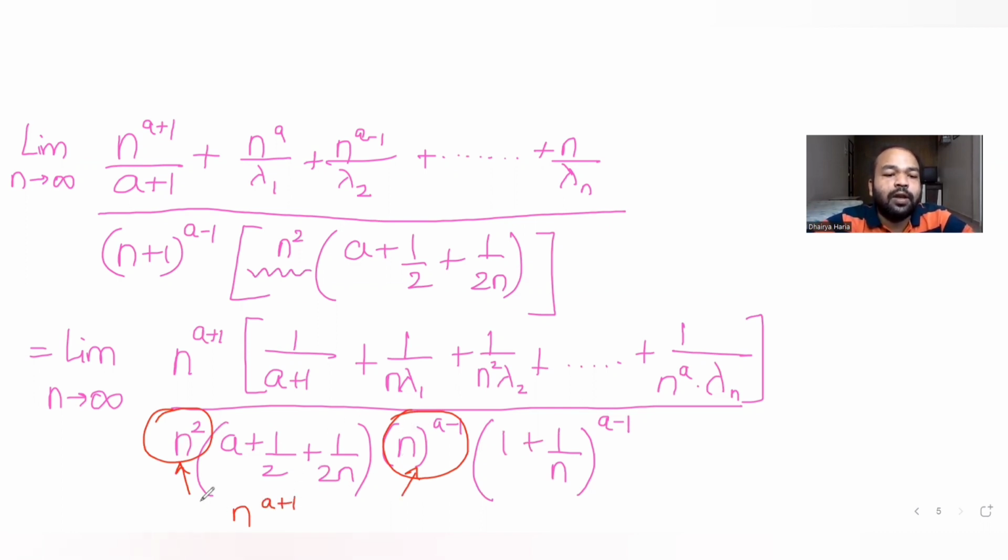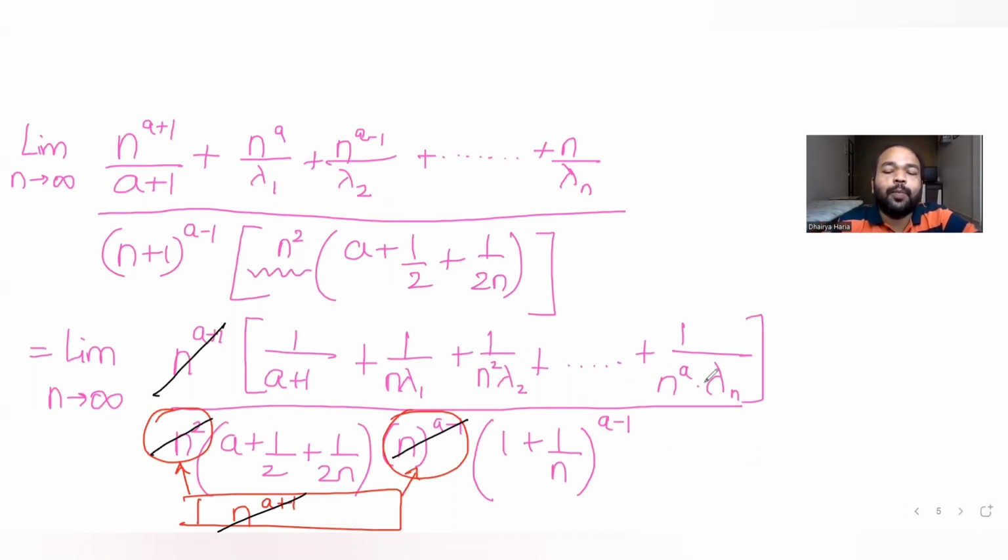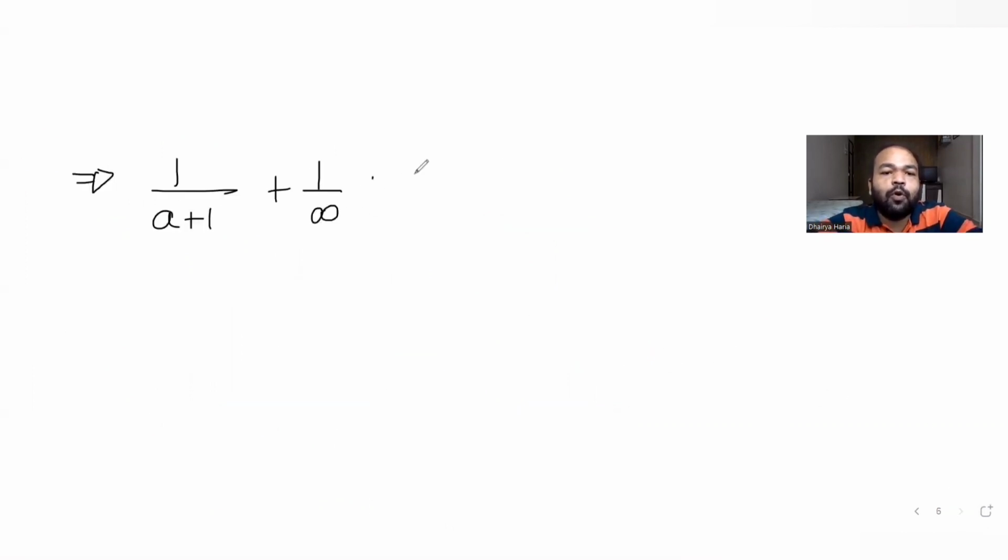So it again becomes n raised to a plus 1. And when that becomes n raised to a plus 1, I can directly cancel out these two terms. And now if I try to apply the limit, because these two terms have already got cancelled out, that is n tends to infinity, my terms become 1 upon a plus 1 plus 1 upon n. Now n is going to be present in all the remaining terms in the denominator. So it becomes 1 upon infinity, 1 upon infinity, this goes on, and